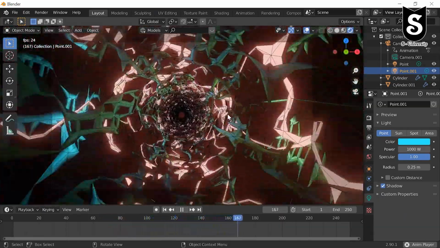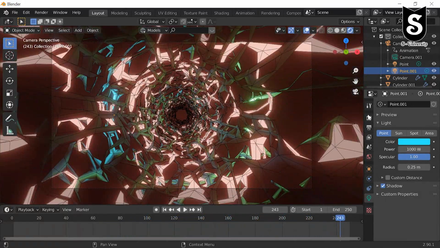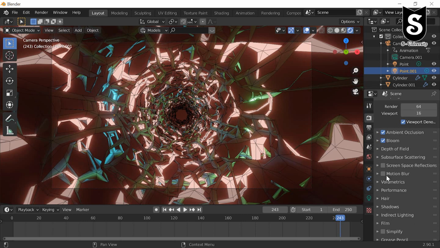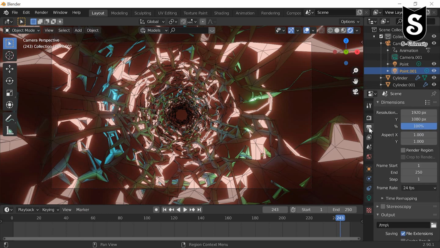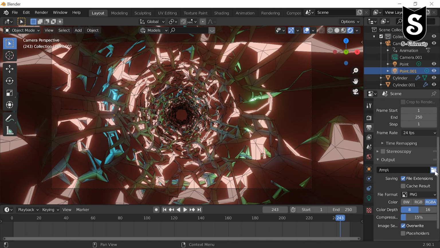Now we need the render settings. In the render settings, make sure it's Cycles. In our output settings, click on the output folder.